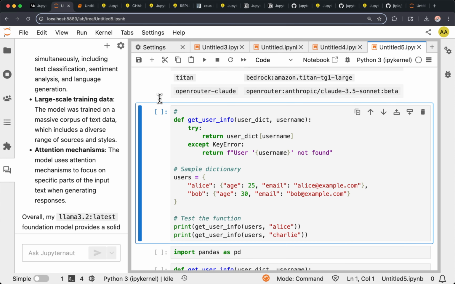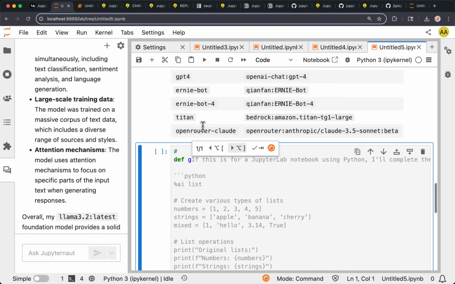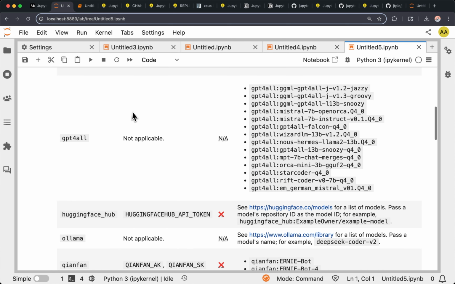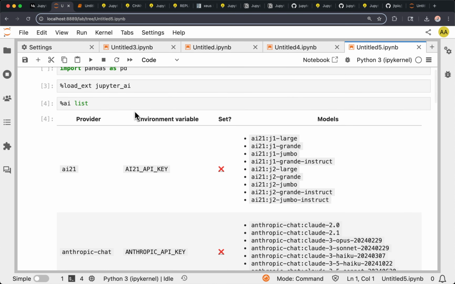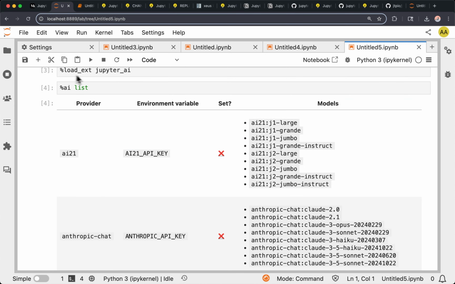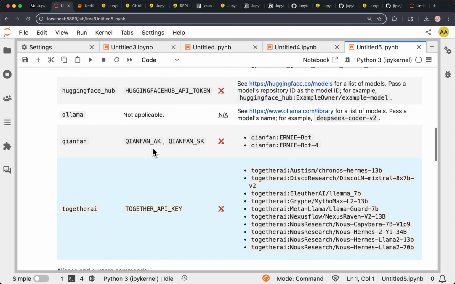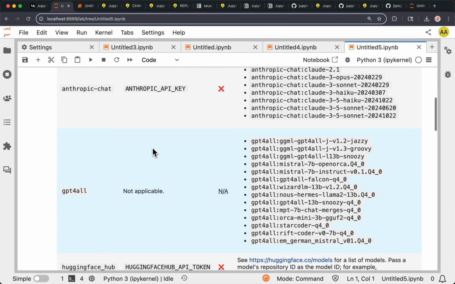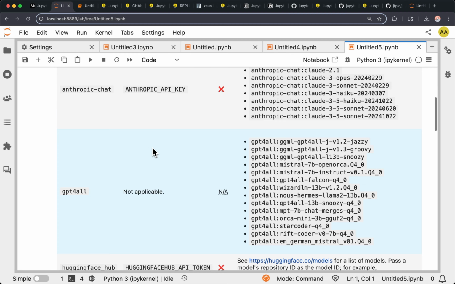So they provide magics, which is something that is common in Jupyter notebooks. So you can actually use those models via the AI magic as well. So here I've just said AI list, and they give me the list of models. You see.